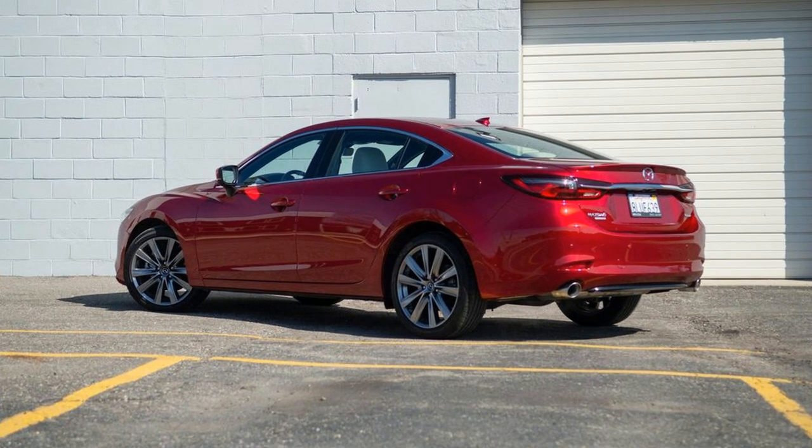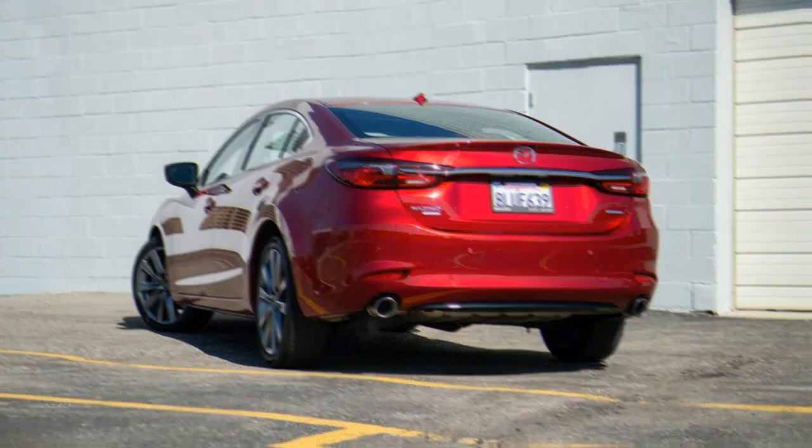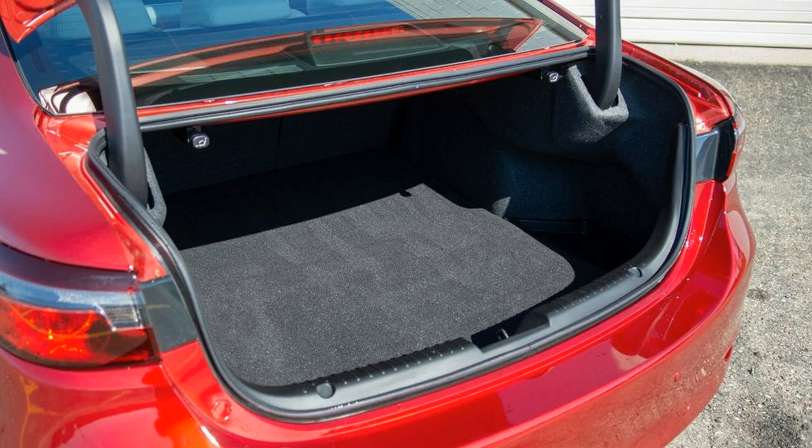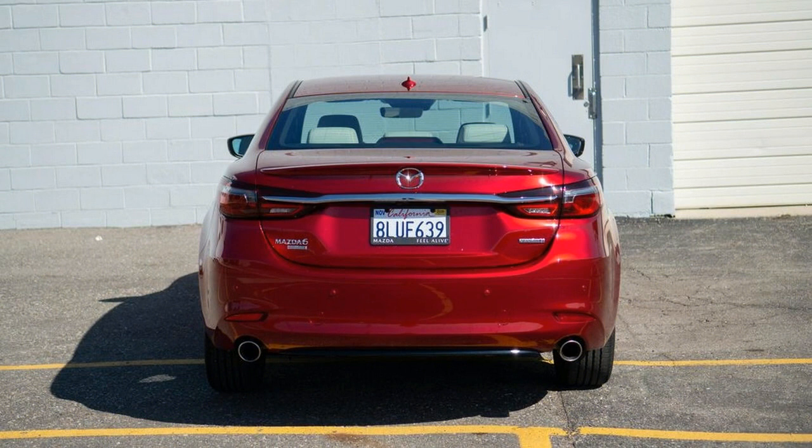$27,520 however tosses an engineered cowhide, warmed front seats, a power driver's seat, a power moonroof, 19-inch wheels, 2 back USB charging ports, and Apple CarPlay and Android Auto coordination. Grand touring models will interfere with you